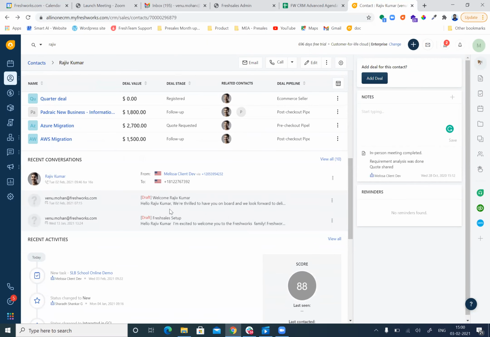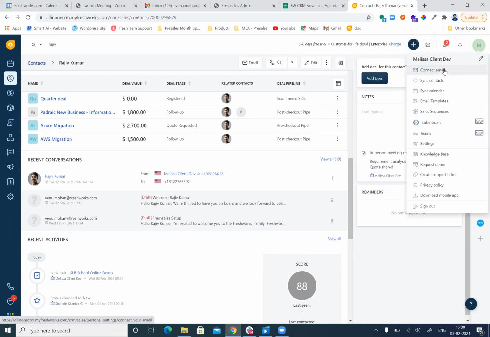So, it means there is synchronization with Zoom, right? Yes, the synchronization will happen once you start connecting with your email. Immediately, you will be able to synchronize your history of emails from your Gmail account to Freshworks CRM. Based on the plan, you are able to synchronize up to 1 year of email communication to the CRM.